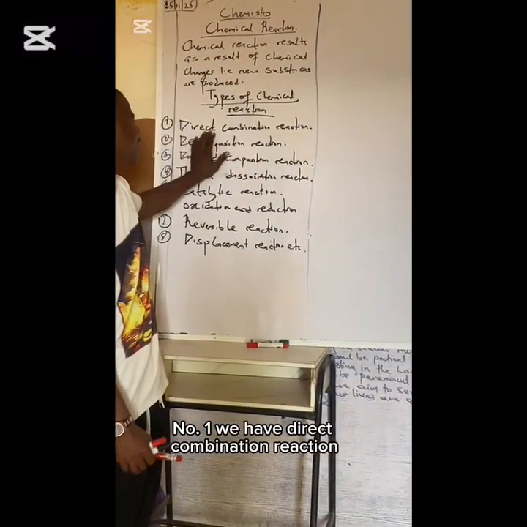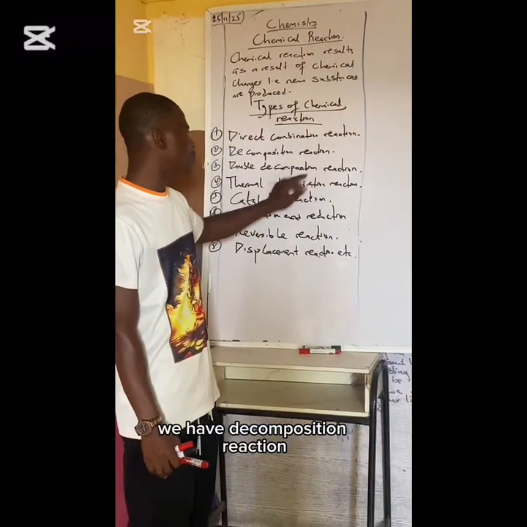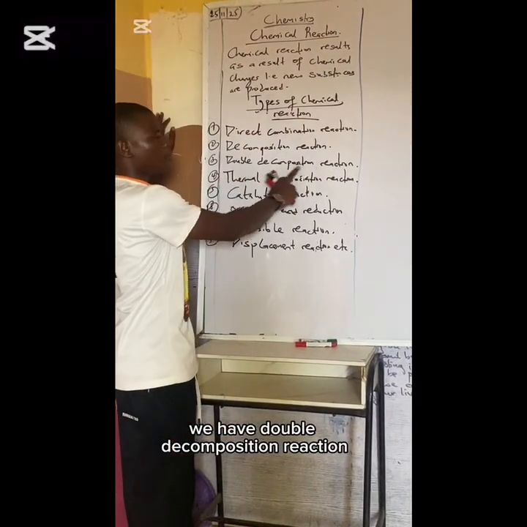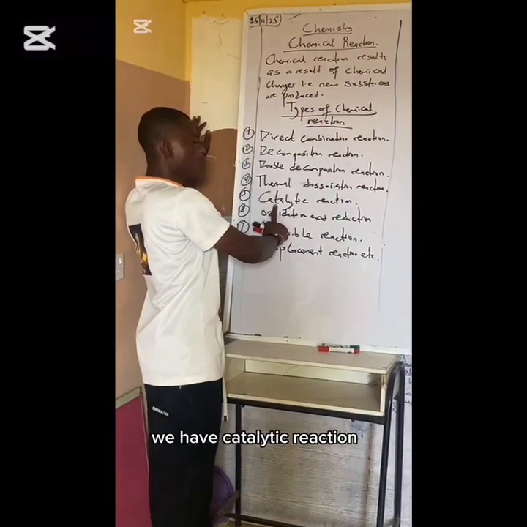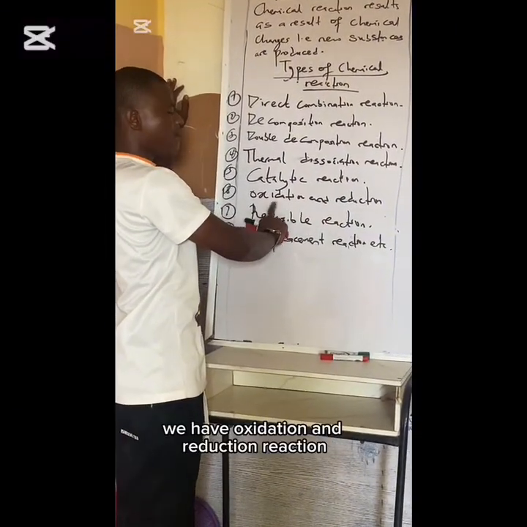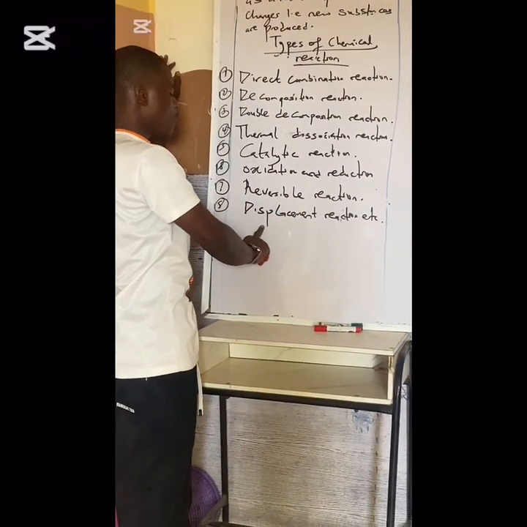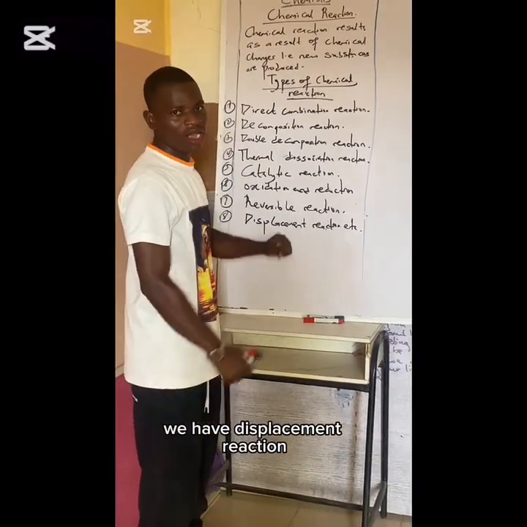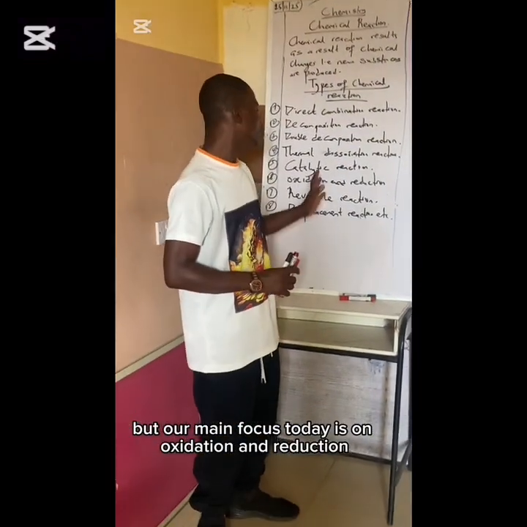Number one, we have direct combination reaction. We have decomposition reaction. We have double decomposition reaction. We have thermal dissociation reaction. We have catalytic reaction. We have oxidation and reduction reaction. We have reversible reaction. We have displacement reaction. In my next video, I can start explaining them one by one, but our main focus today is on oxidation